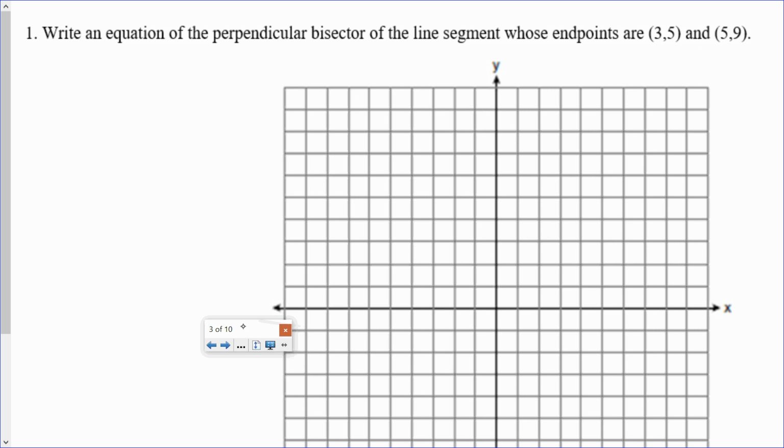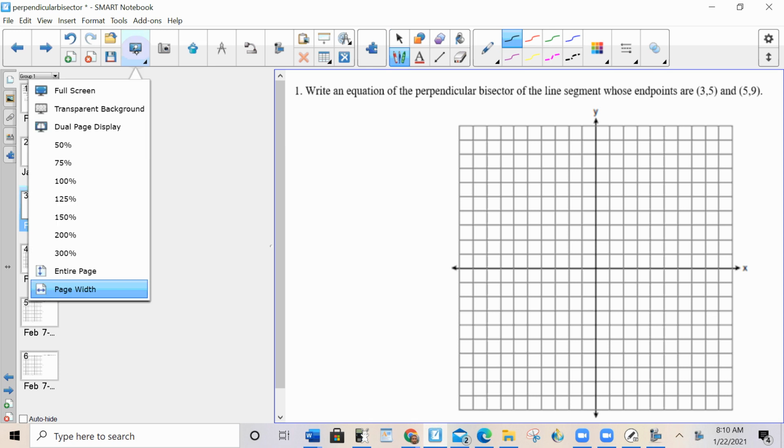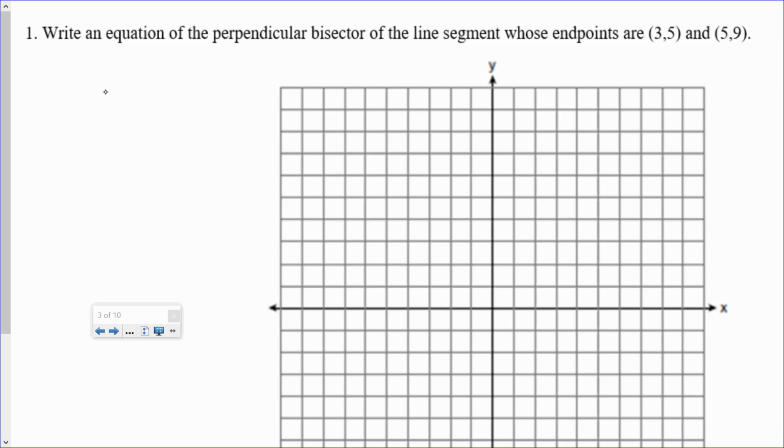I've got a line segment whose endpoints are 3, 5, and 5, 9. And I want the perpendicular bisector of that. So let's break that down into two separate words. Perpendicular. Well,